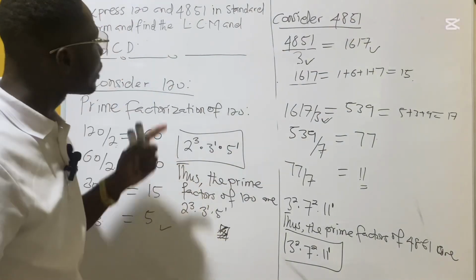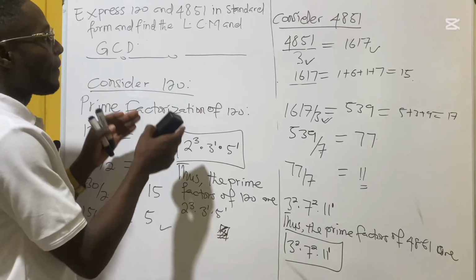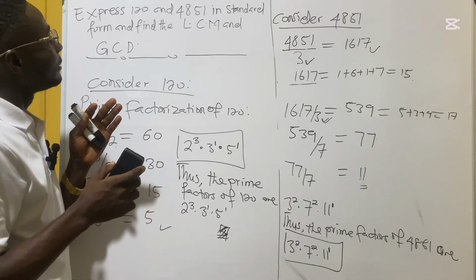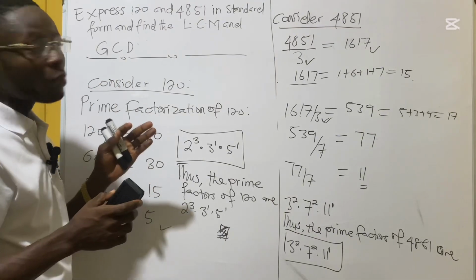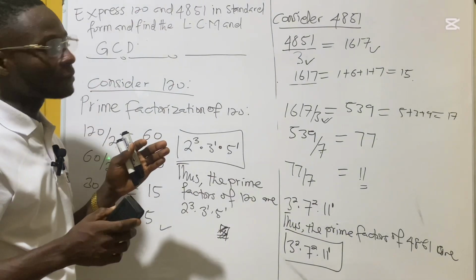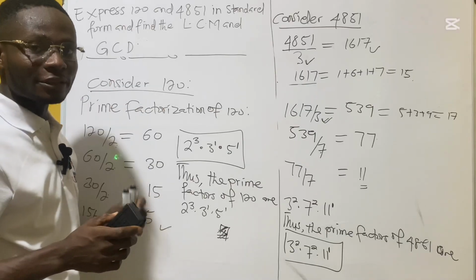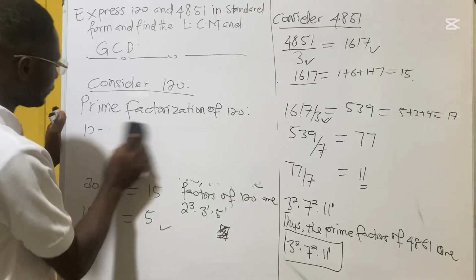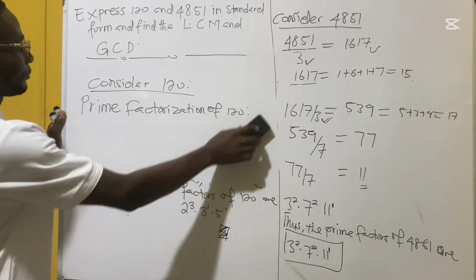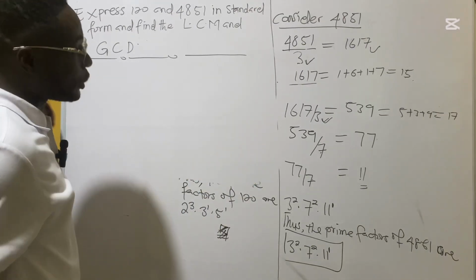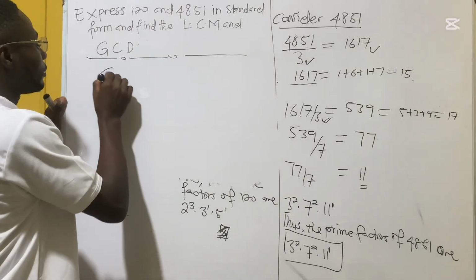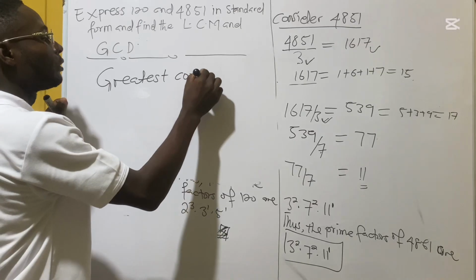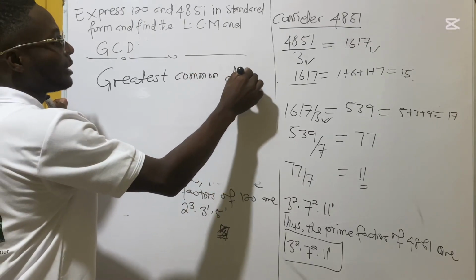Okay, so let's look at how we can find their least common multiple and their greatest common divisors. So we come here. So with the greatest common divisors,